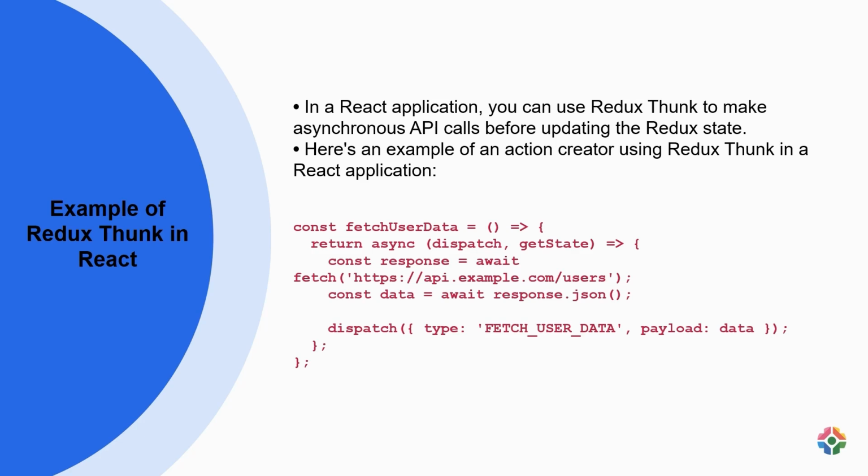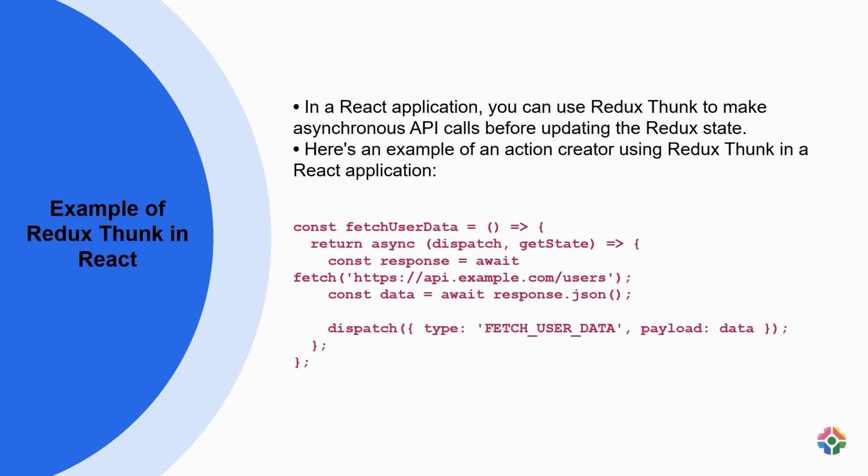For instance, the given fetchUserData action creator shows how to fetch user data from an API asynchronously. Within the function, an API call to http://example.com/users is made using fetch. Upon receiving the response, the data is extracted by calling response.json. Finally, the fetched data is dispatched to the Redux store with a specific action type, FETCH_USER_DATA, and including